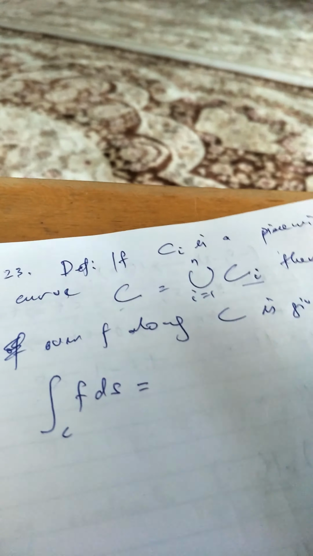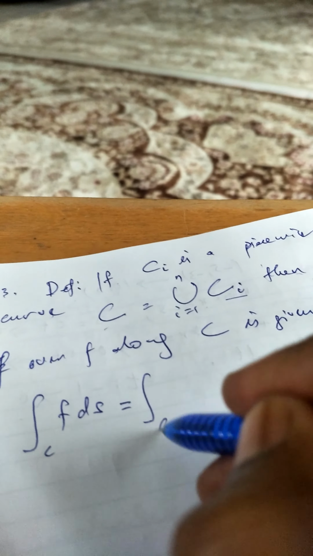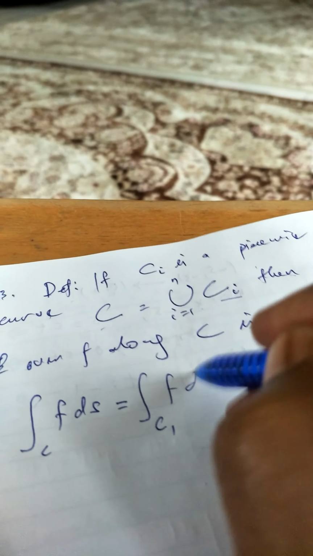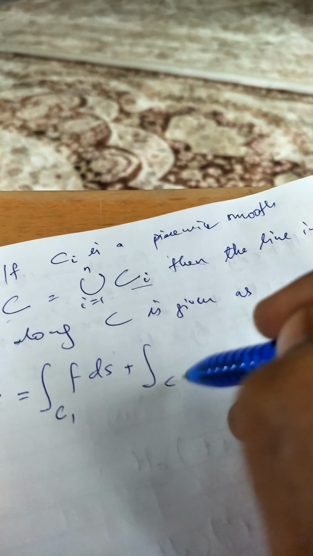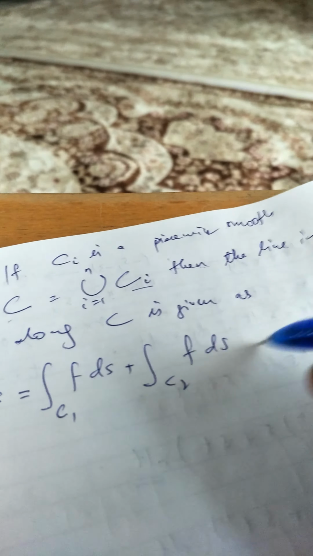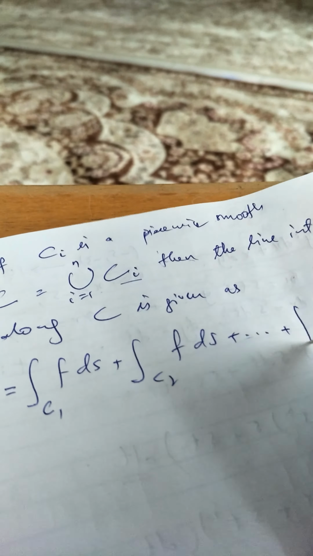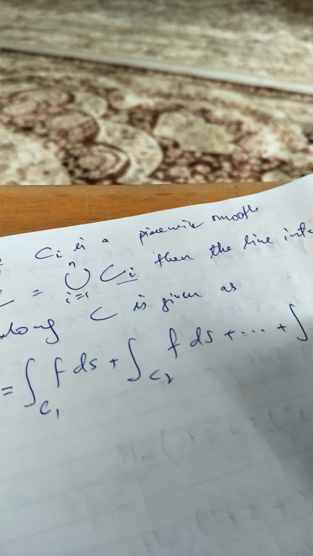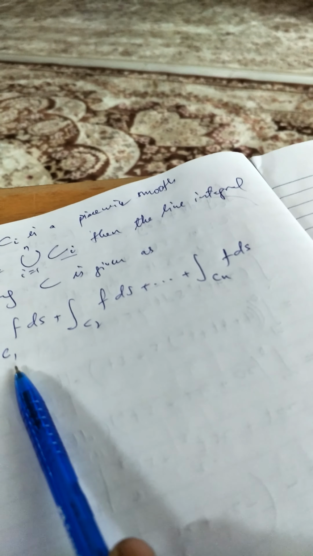Then the integral of f ds over C is equal to the integral over C1 of f ds, plus the integral over C2 of f ds, plus the integral over Cn of f ds, which means that we can break the curve into smooth pieces and evaluate each of